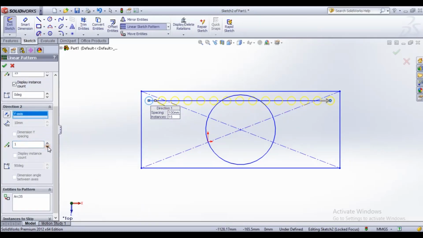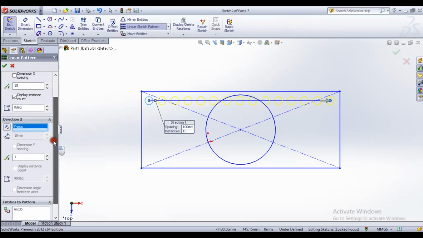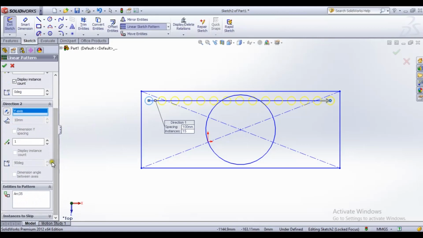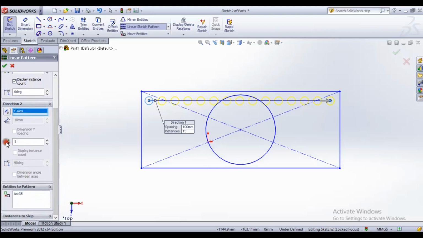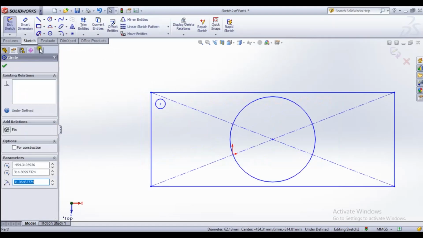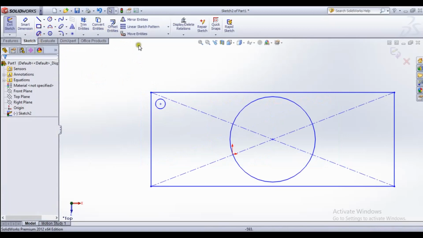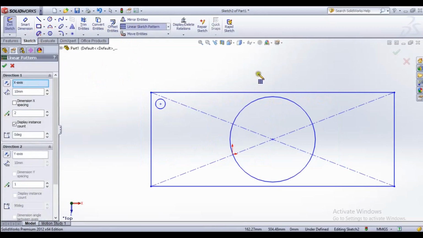I need a rectangle. Okay, I am going to use linear sketch patterns.